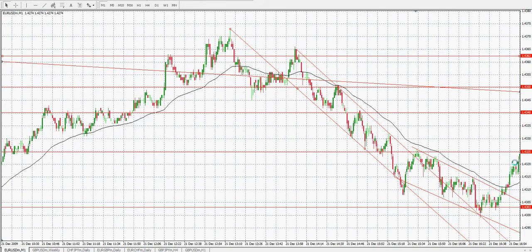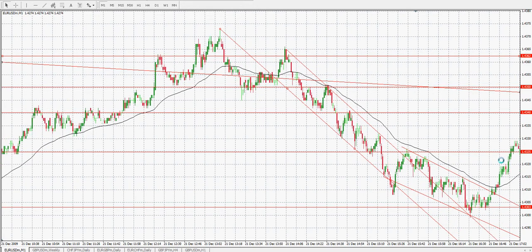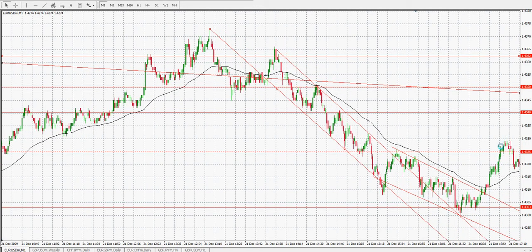Protect your profit. If you do want to take the chance and anticipate that it'll go past 43.25, that's fine, but just put in your protect profit. So if it does come back down, you're not taking a loss. You'll salvage profits. So it did manage to cross it, but on a higher time frame, you'd see that this